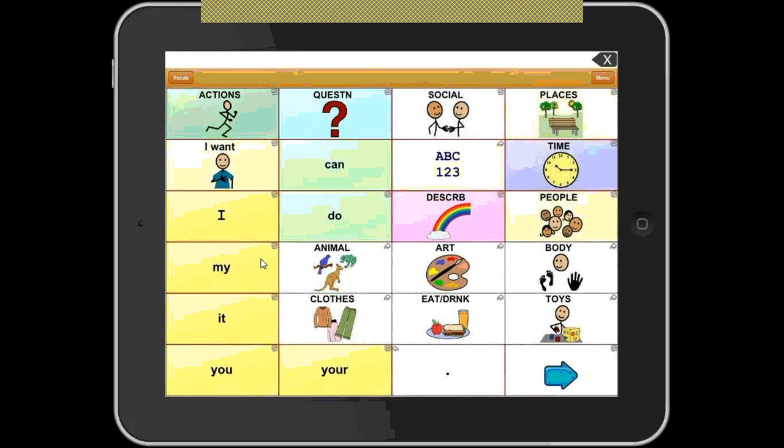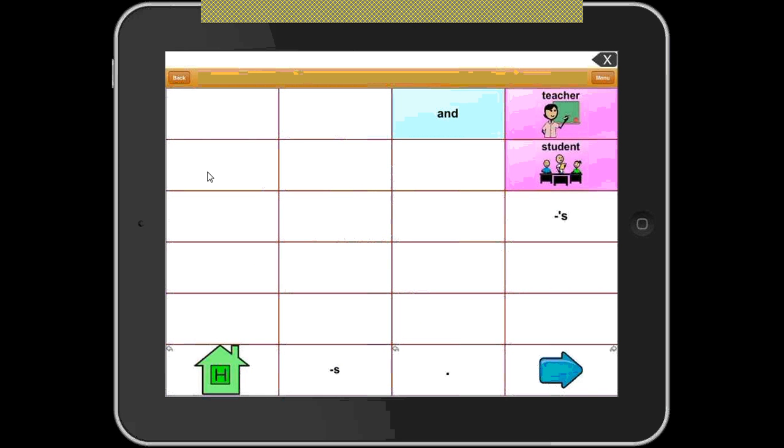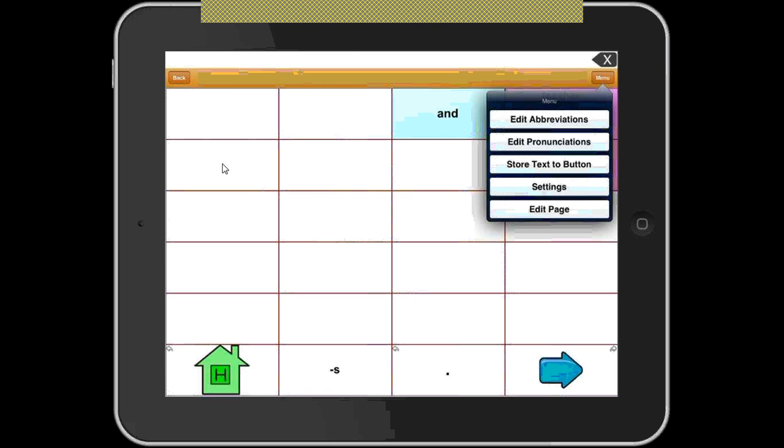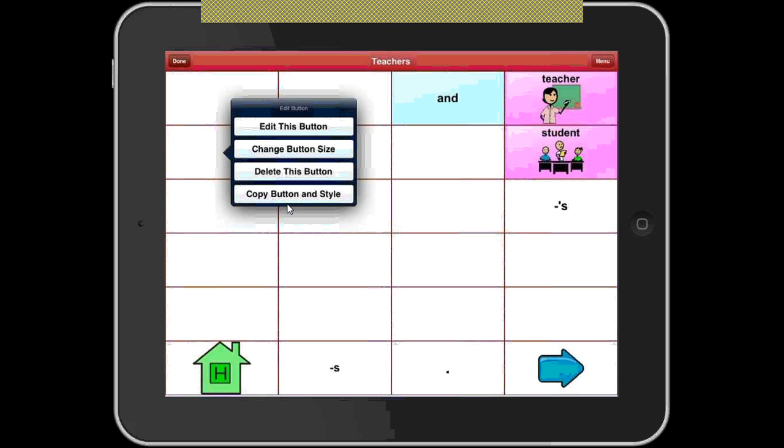Okay. So again, I need to see the button that I want to use. Here it is. I press Menu, Edit Page. I know that I'm in editing mode because there's a red bar across the top. Then I press the button that I want to edit. I just press and hold. And it brings a pop-up when I release it. I let go of the button. And I press edit this button,